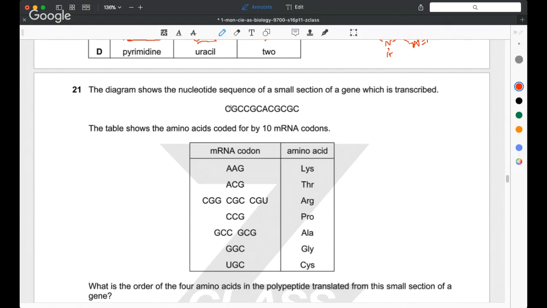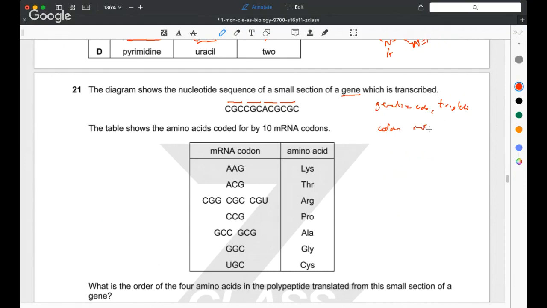So you've got a genetic code triplet there, you've got another triplet there, you've got another triplet there, haven't you, and another triplet there, okay? And this is a nucleotide sequence of a gene, okay? So this is talking about genetic code and triplets. Okay, and then you've got to think about the transcription of that code into codons